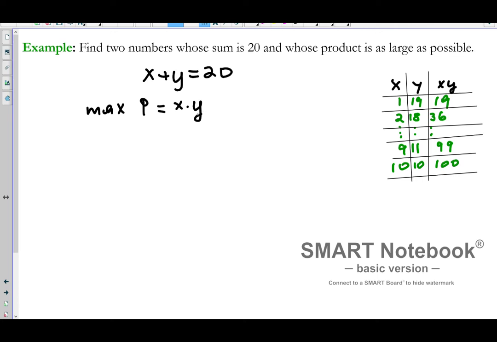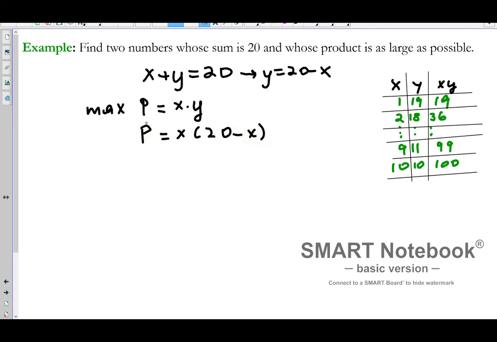This is the one you want to end up in one variable only, and you're going to differentiate and set equal to 0. But first, use the constraint equation to solve for one of the unknowns. So y equals 20 minus x. And then we're going to substitute for y. So product equals x times 20 minus x. So basically now I'm using